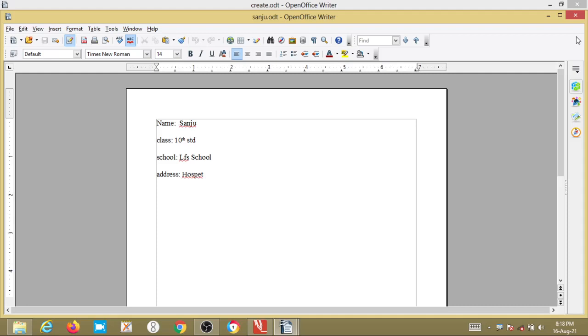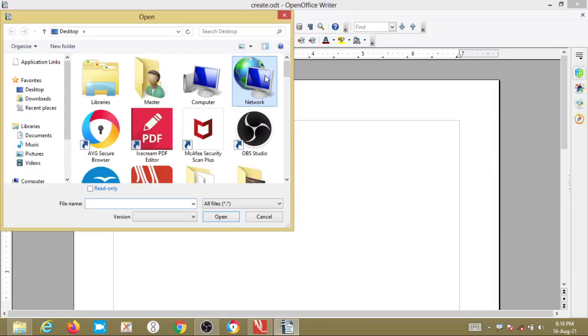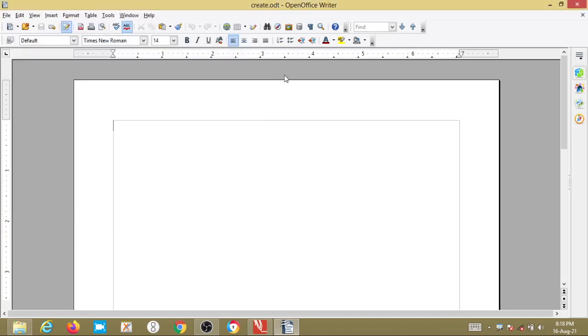How to close a document? For this also there are different ways to close it. Try to understand first. Here it is a close menu. In the title bar at the rightmost corner there is the X mark. This is the close option. Either you click on it, it will get closed, or the file which was opened previously, that is Sanju's file, right. So I open again. How can I close again? This is one way to close, by pressing on the X, right.